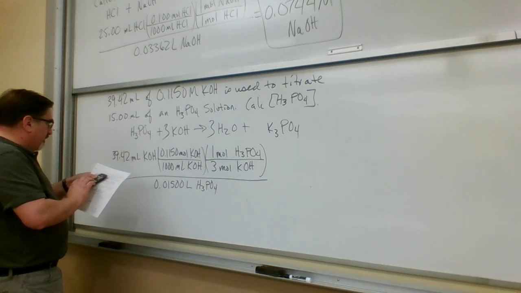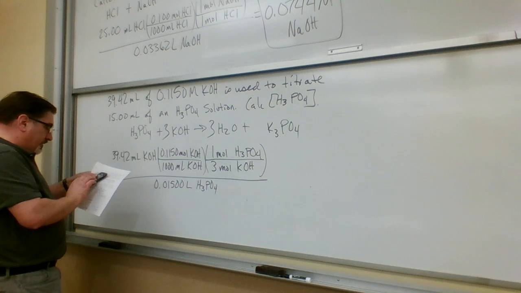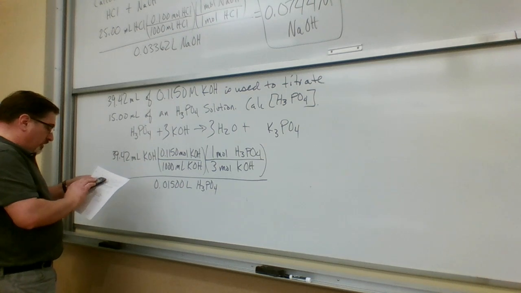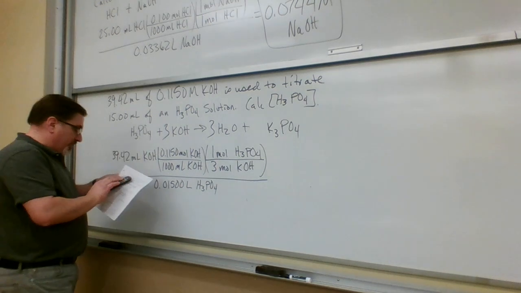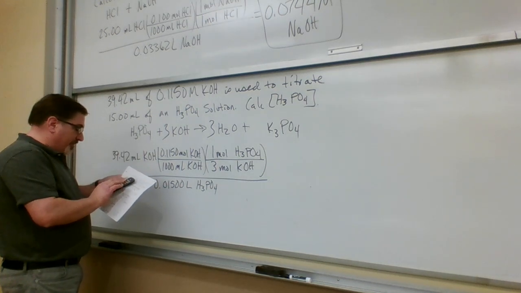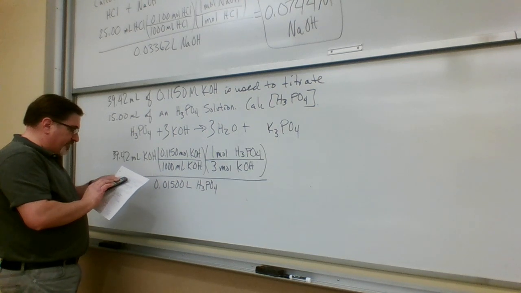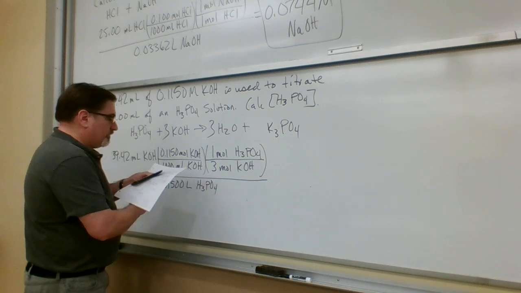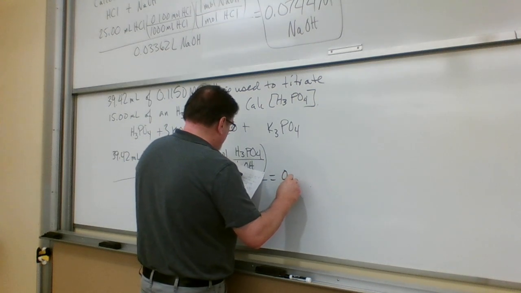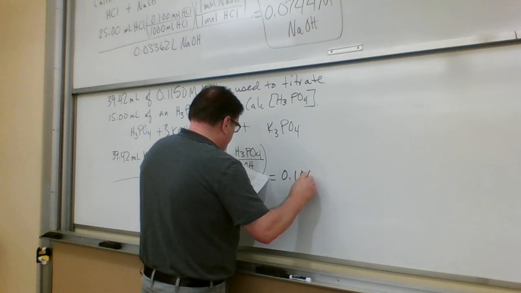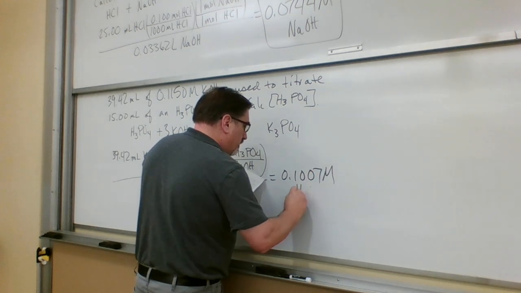So 39.42 times 0.115 divided by 1,000 divided by 3 divided by 0.01500. So I get 0.1007 molar